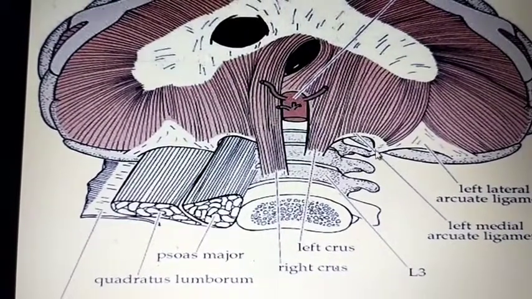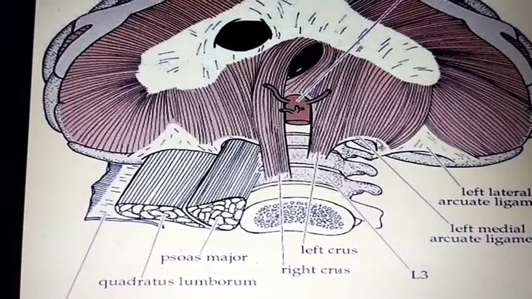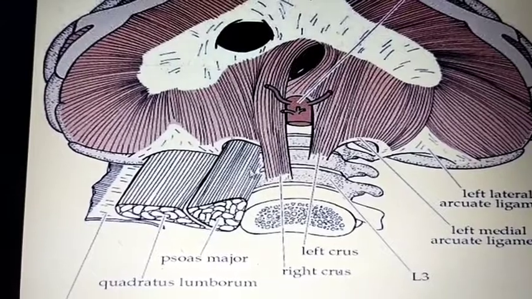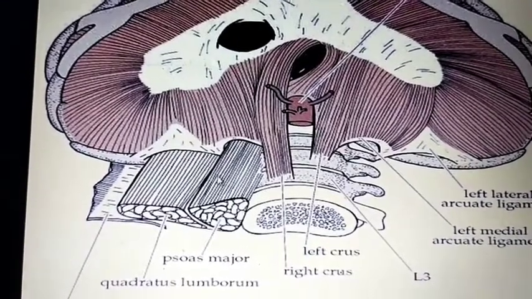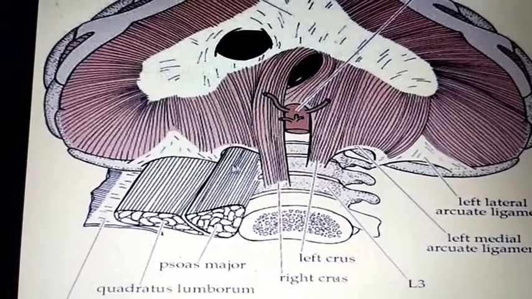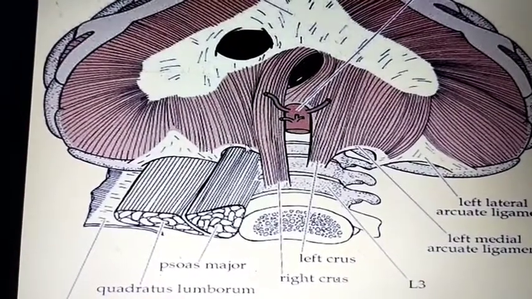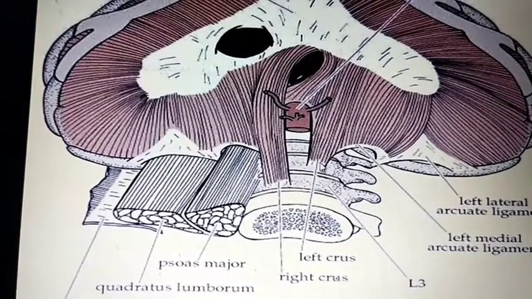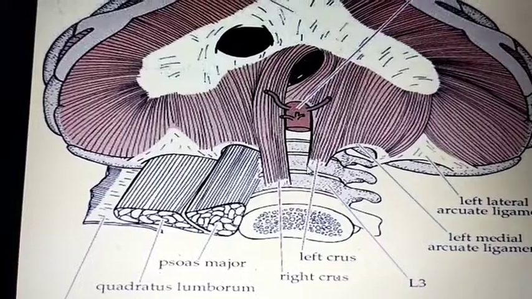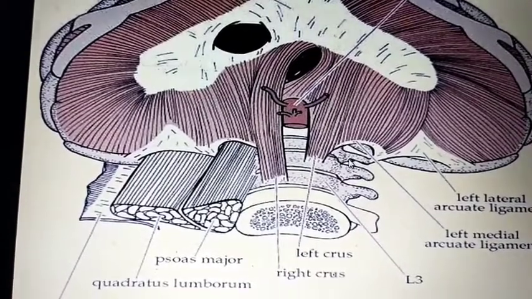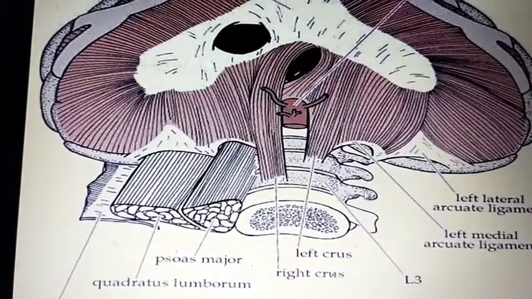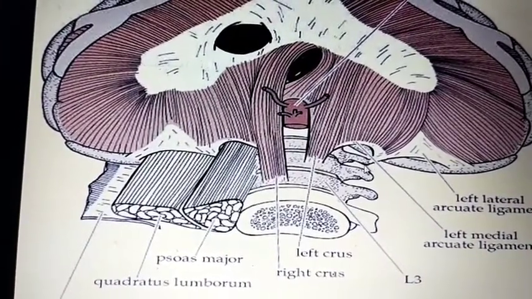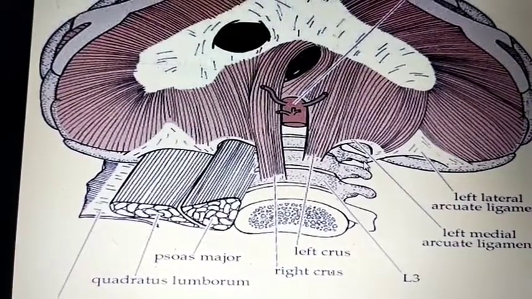This is the medial lumbocostal arch. You can see here, this is the medial lumbocostal arch. This is the psoas major muscle, and the arch is present just above the psoas major muscle. It is attached at the body of the L1 vertebra, lumbar vertebra, and this is the transverse processes. The other, lateral end is attached to the transverse processes of the L1 vertebra.